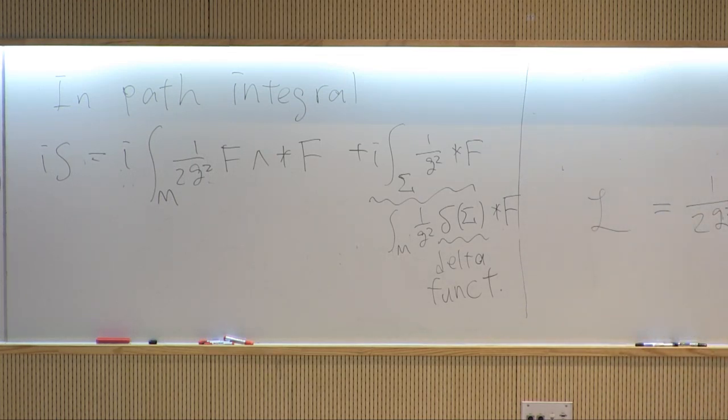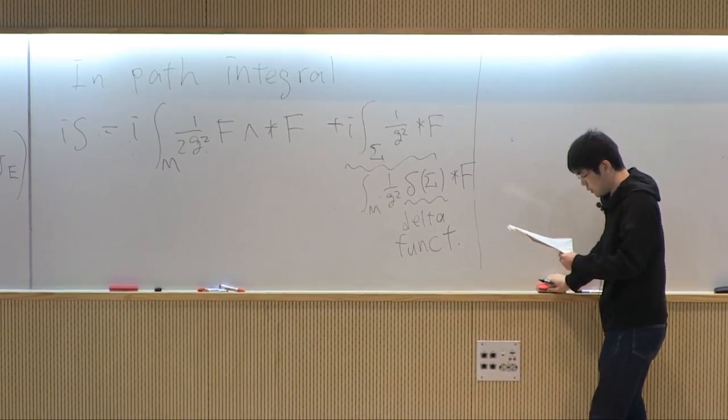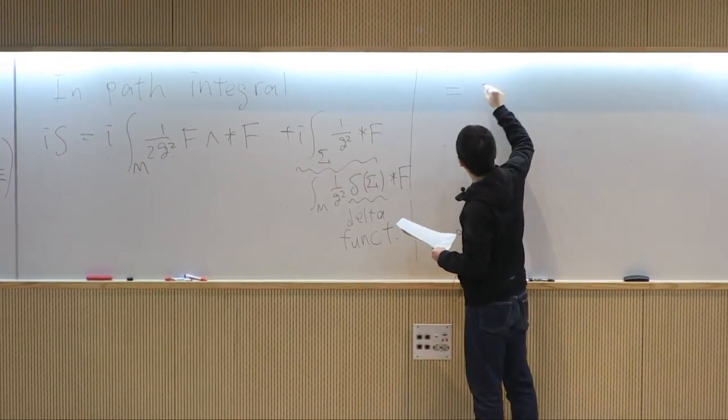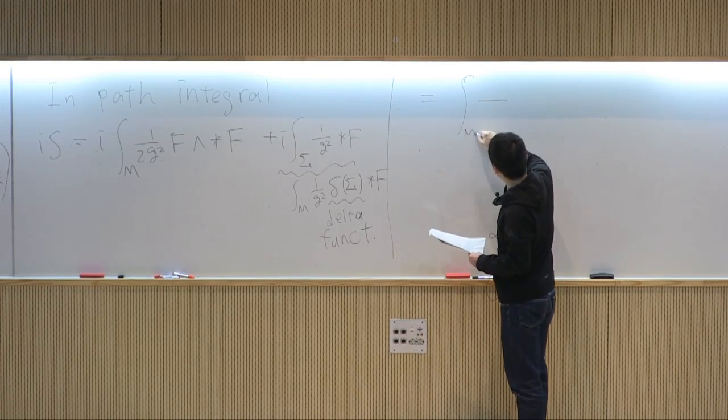Then we just complete the square, and that's very easy. And the result is just like this. So if we complete the square,